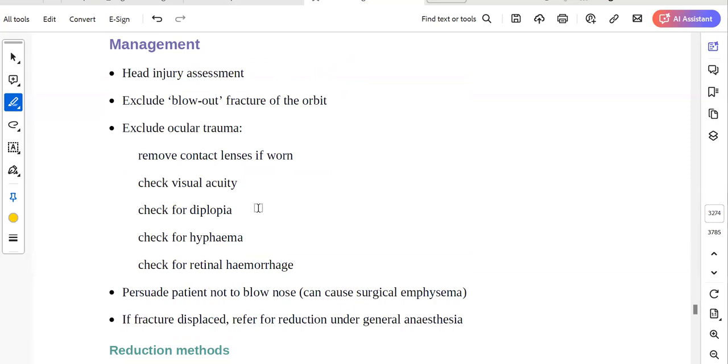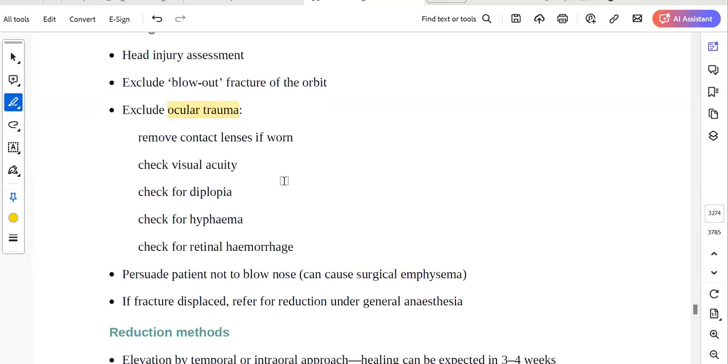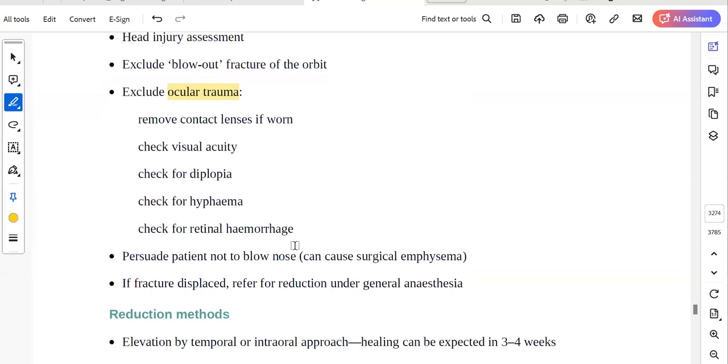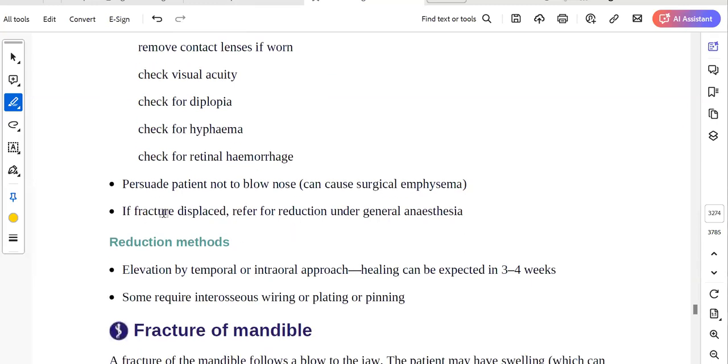So how we manage, we make sure the patient did not get any head injury. We also rule out any fracture of the orbit. We rule out ocular trauma. So definitely we check visual acuity, we check for any double vision and retinal hemorrhage. If there is a fracture and if it is a displaced fracture, then we will refer the patient for reduction under general anesthesia. If it is not displaced, then sometimes it could even be conservative management by the maxillofacial